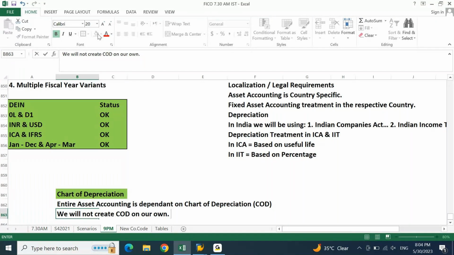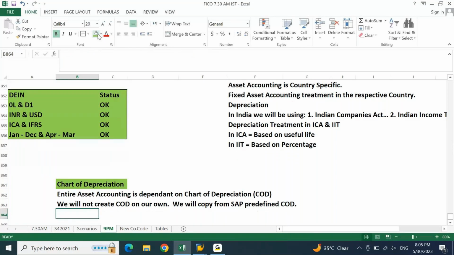You cannot create a new entry for your chart of depreciation, for which you must always copy an existing chart of depreciation from the SAP predefined chart of depreciations and make your own entry. We will copy from SAP predefined COD.